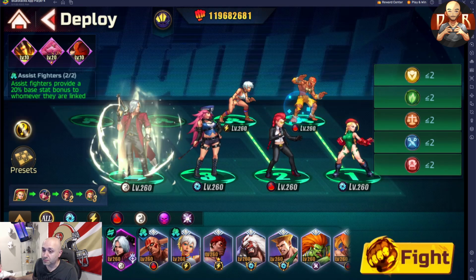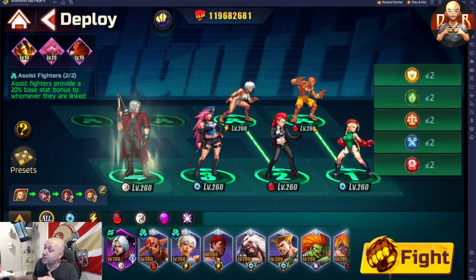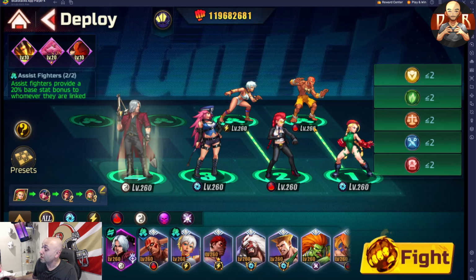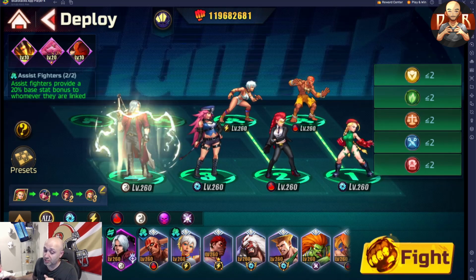I have Cammy doing all the damage. She is the boss killer, right? So for free-to-play, she's going to be your go-to if you don't have Fashion Blanka. And Fashion Blanka is the unit I'm going to talk about next after all this is done, okay, on the second part of the video. With her, you want to use Dalsim. If you have...